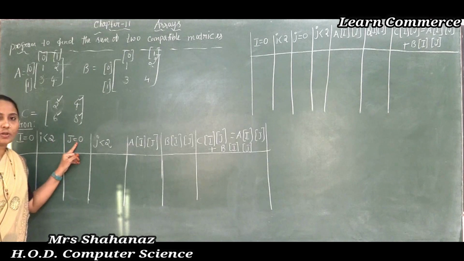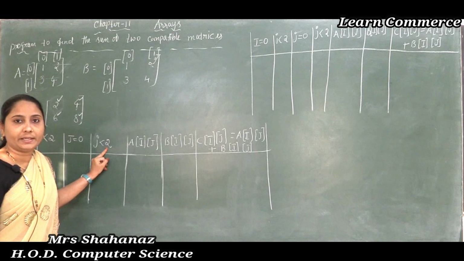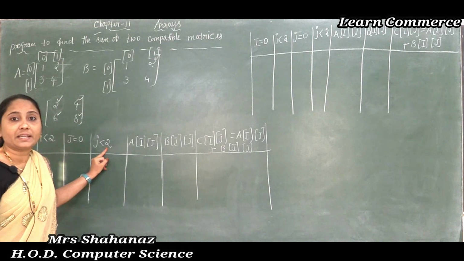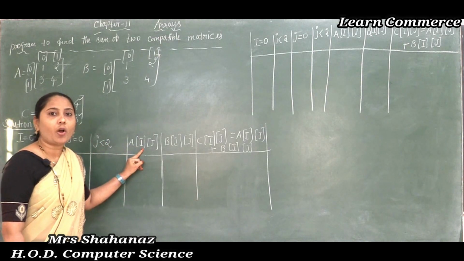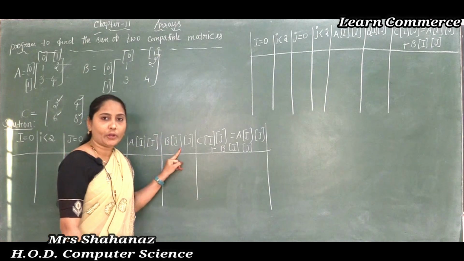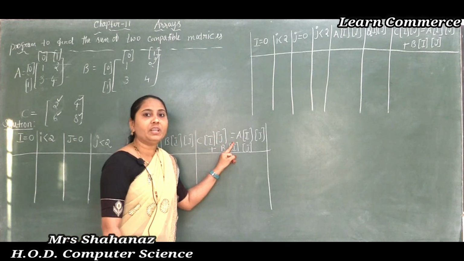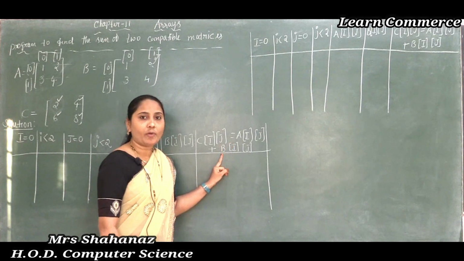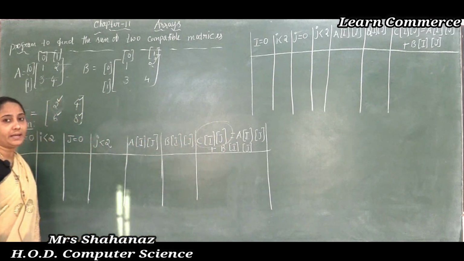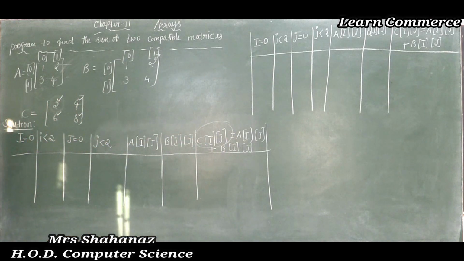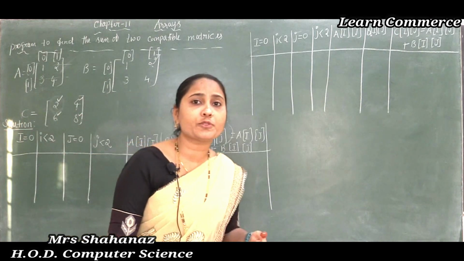And j value is equal to 0. This is our third column, and also I am going to check the j condition till the condition becomes unsatisfied, j less than 2 here. Later I am going to find out a of ij, and next I am going to find out b of ij, and finally whatever the elements of a of ij and b of ij, that is going to be added into the matrix C of ij. So all these are the steps I need to find out the sum of two compatible matrices.